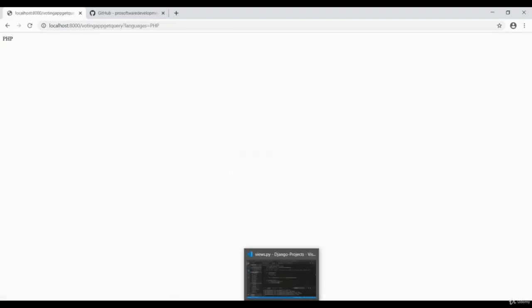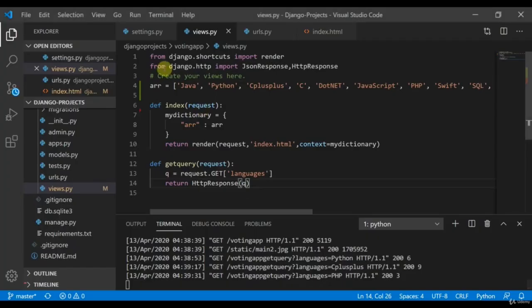Okay. So till now we were trying to get the HTTP response, but now we can do one thing. We want to store the count of each language. So what we can do is make a global count, then we can render that global count dictionary.